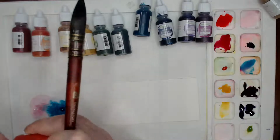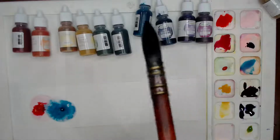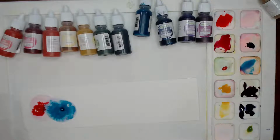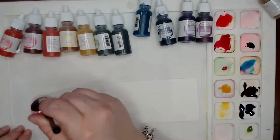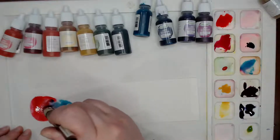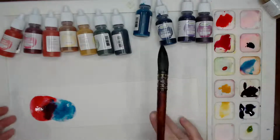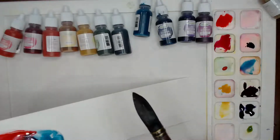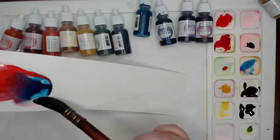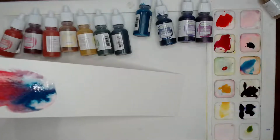If you have good watercolor paper, your watercolor paper is going to take it. It might take a little bit longer to dry, but it will. These are just fun ways to play with your watercolor. Even if you have had liquid watercolor and you haven't used it much, this is a fun way to just play with it. Now, I'm going to let that kind of fall into each other. I'm going to give it somewhere to go. And who knows,